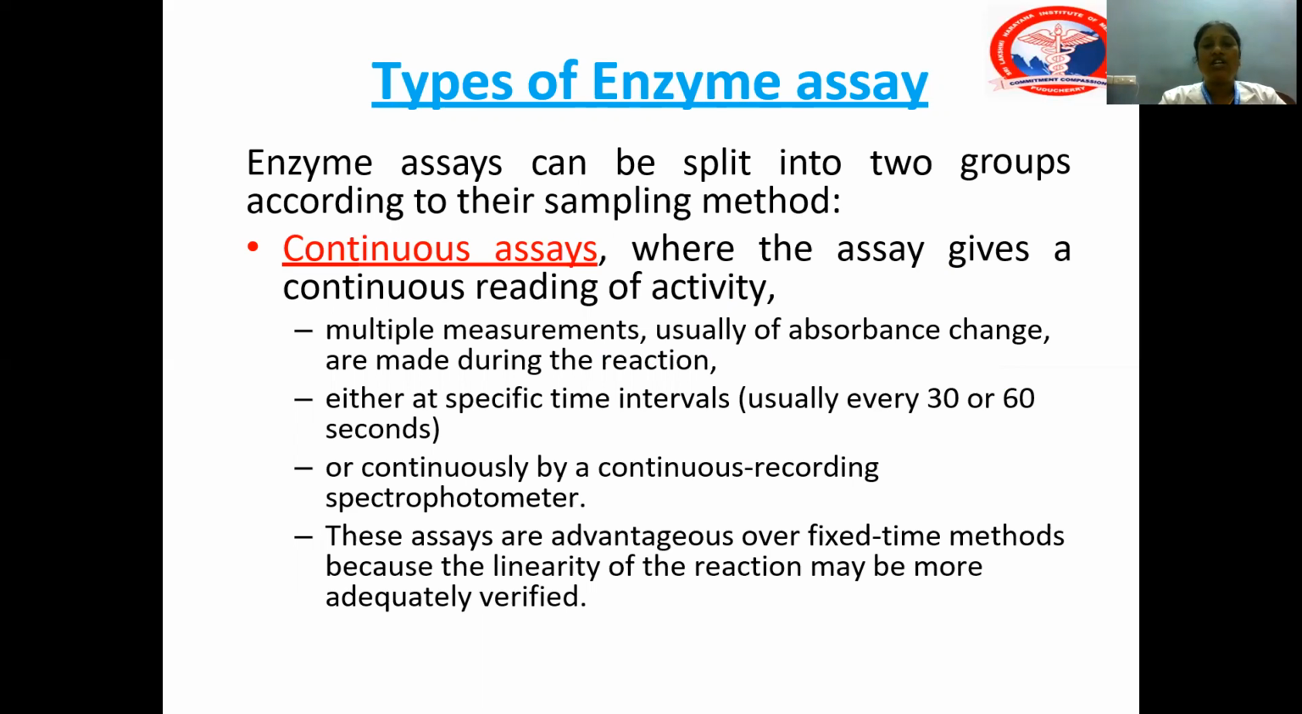It can either be measured at fixed specific time intervals, usually 30 or 60 seconds, or it can be measured continuously by continual reading spectrophotometry. These assays are advantageous over fixed time methods because the linearity of the reaction can be more adequately verified. That is, since it is measured continuously, we can measure the linearity. That is, once we increase the concentration of the enzyme, we can measure how much the rate of reaction changes. That is what we call